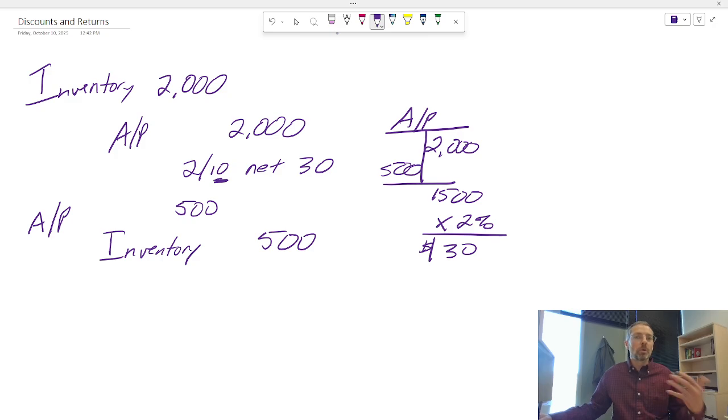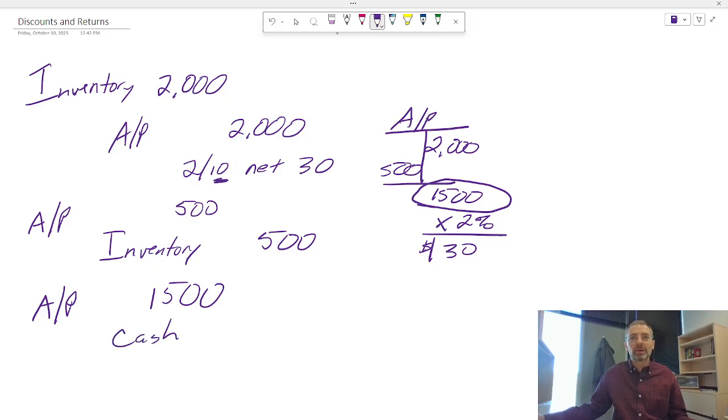All right, so let's do the 1 journal entry approach here. Instead of thinking about it in 2 steps, how much of my accounts payable am I paying off? I'm paying off the full amount that I owe, and our accounting records show that I owe $1,500. So I'm paying off all of it. How much cash am I paying? Well, I'm getting $30 off, so I'm only paying $1,470. I have a $30 difference. Where does that go? It goes to inventory.